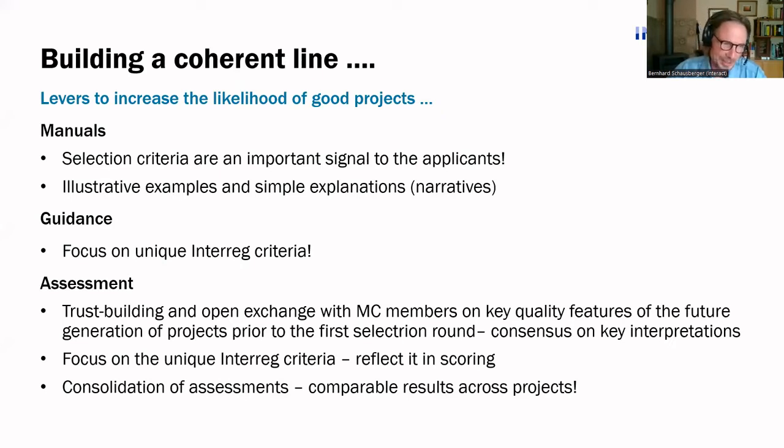And what is a bit of a challenge, recalling my own work in a joint secretariat, usually it shouldn't be one person assessing, but rather several persons. And you do it across many projects. And then it's quite tricky that you, in the end, have a package with comparable assessments across all the projects. And this is where I would say one of the most frequent options to make sure is that you have at least 4 eyes looking into every assessment. But here we will then hear examples from practitioners. Next slide, please.